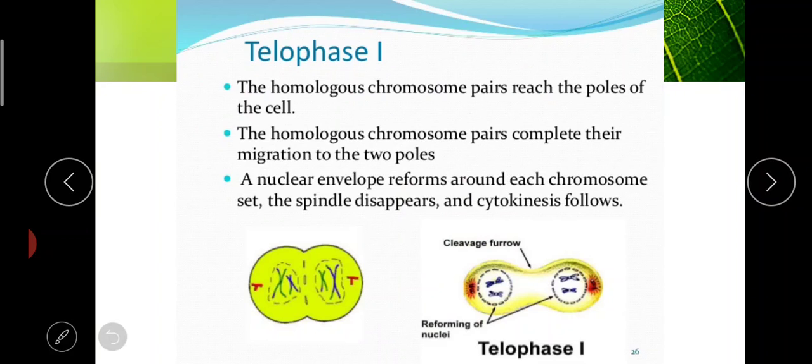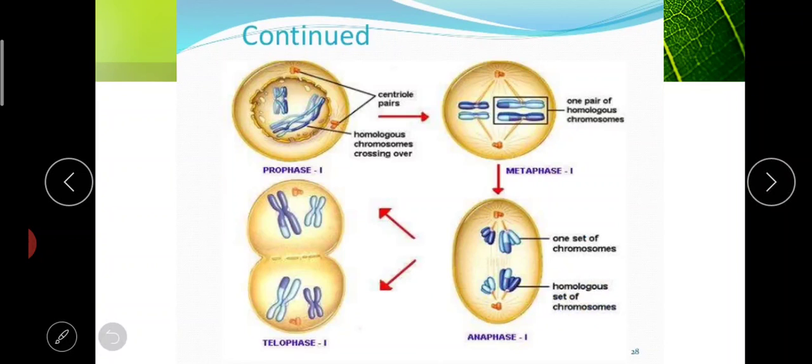So they will get elongated now, and the nuclear membrane and nucleolus will start to reappear, and the two daughter nuclei will be formed. You can see here two daughter nuclei will be formed. So this is how they look. The prophase 1,